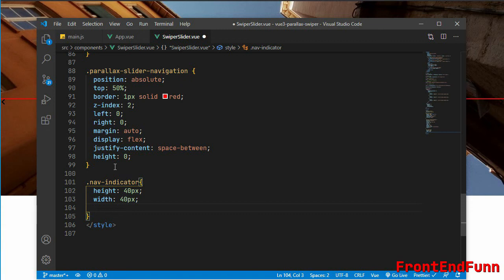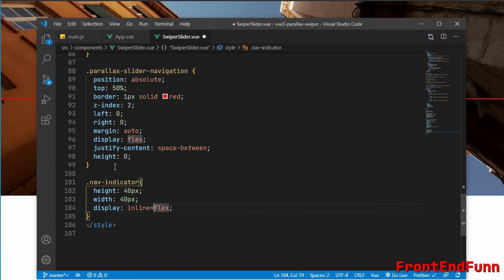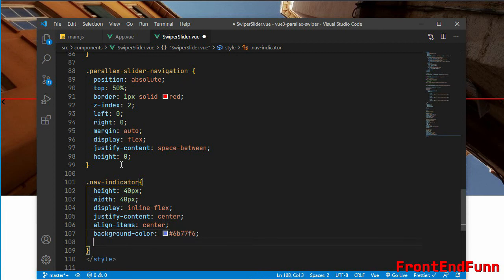Okay, so round navigation, so I'll display it as inline flex and justify content to center and align items to center. We'll set the background color to 6B77F6 and the text color will be white.